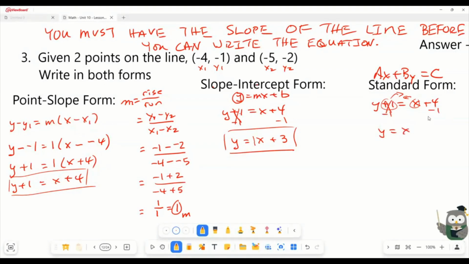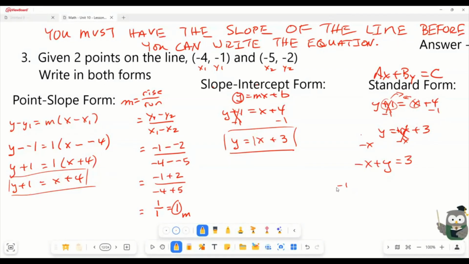Y equals x plus 3. There's our standard form again. But we need this over here. Plus 1x. Subtract x, subtract x. Negative x plus y equals 3. Well, we're almost there. X and y together, constant on the other side, no fractions, but the x term has